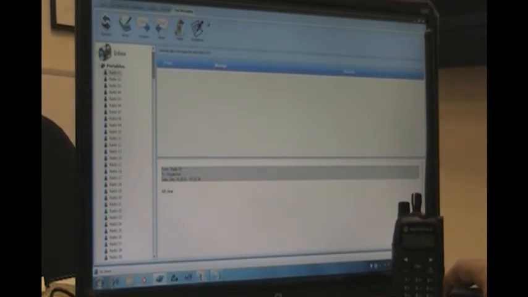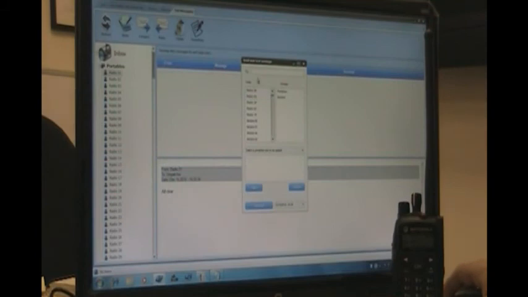Our last area of SafeDispatch is the text messaging. We currently support text messaging to portables and mobile radios both. We can select first by writing a text message, and we can either type a radio in directly, or we can select one of the radios or group of radios from the drop-down menu. Currently we're going to type in our radio number,